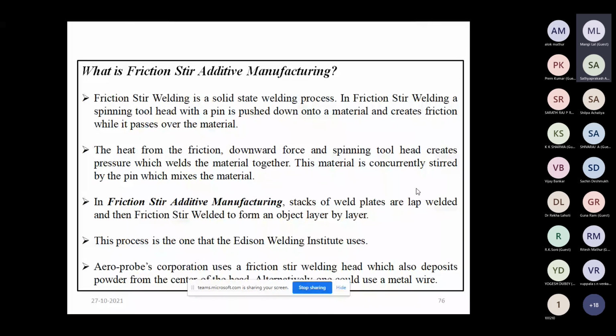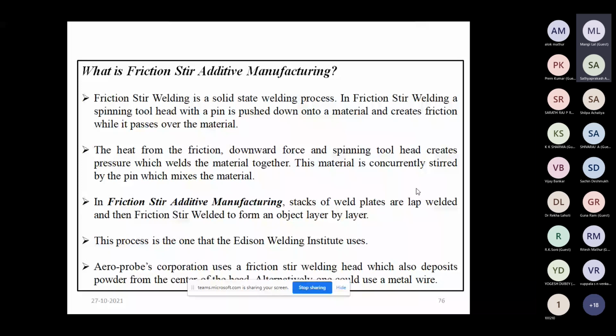In friction stir additive manufacturing, if we have to join a stack of plates in the lap welding position, we can use friction stir welding to form an object layer by layer. For example, just like this way.